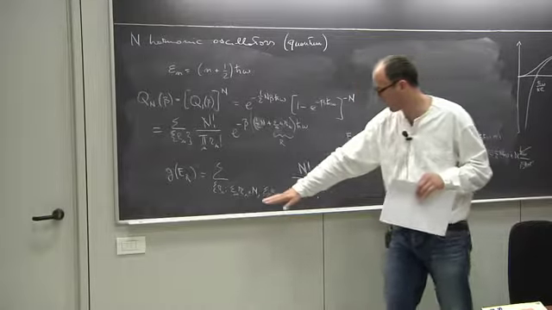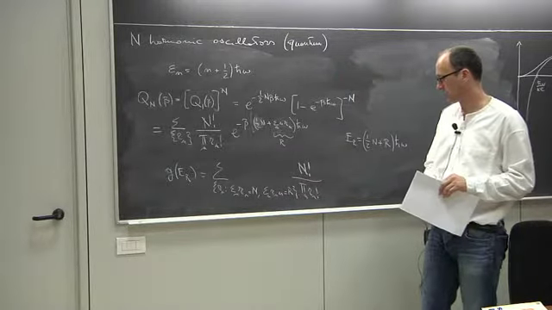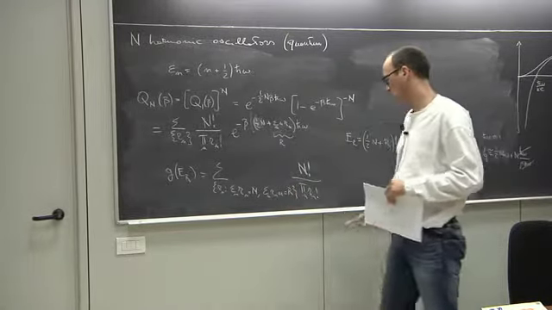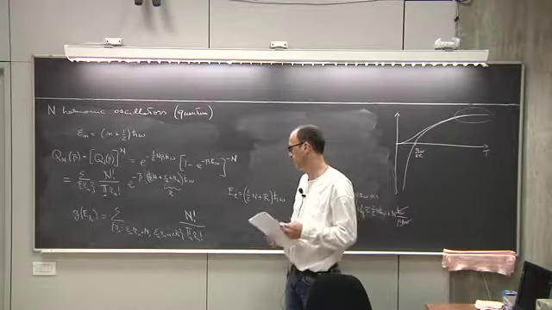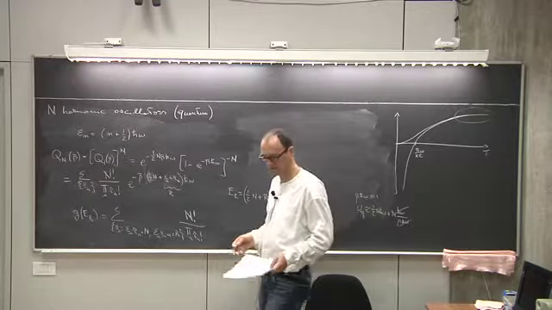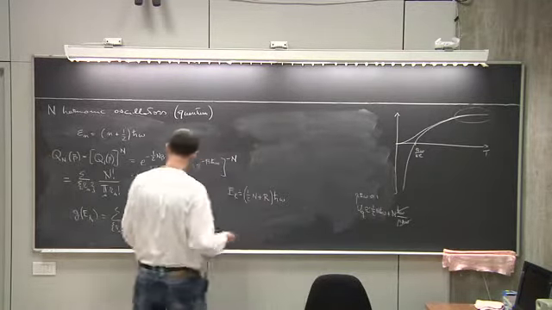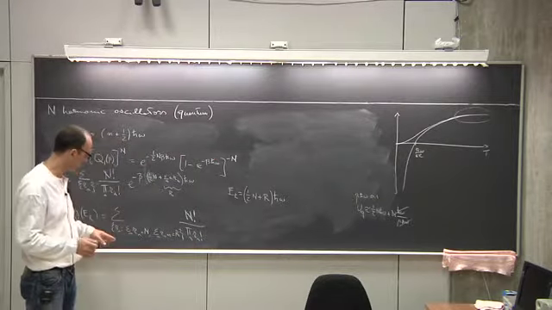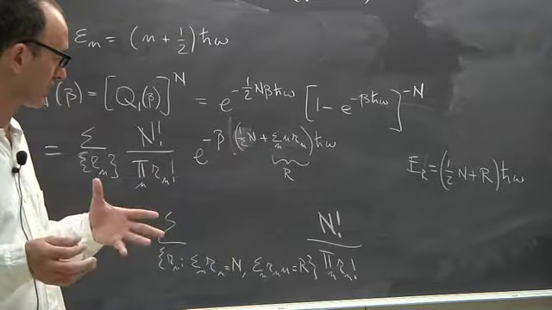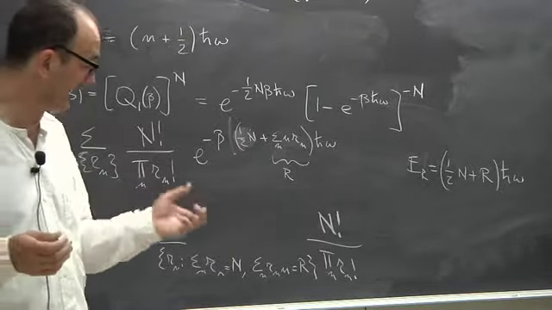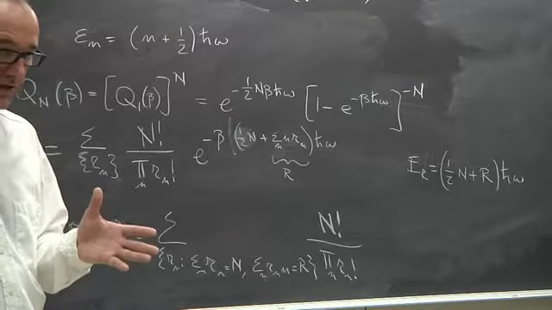Then you have to sum over all the possible occupation numbers consistent with this. So now this is a problem which can be solved with a simple trick, and the idea is that if you want to compute the number of ways in which you can put R indistinguishable balls in n boxes, then